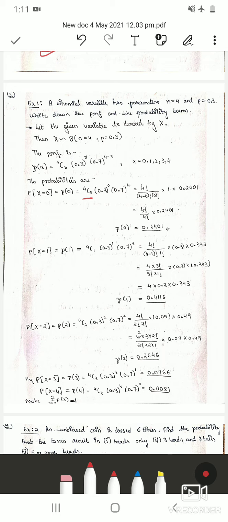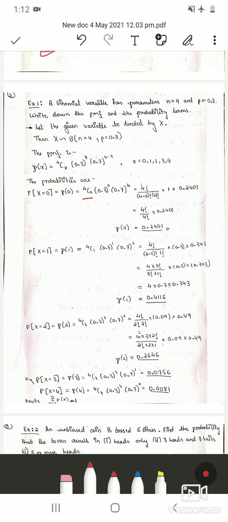What you have to do is, in your calculator, you have to multiply 0.7 4 times. So it will be 0.7 into 0.7 into 0.7 into 0.7. If it was 0.7 raised to 2, then you have to multiply 0.7 2 times. So this is how you calculate powers. For those who don't know how to calculate powers, remember if 0.7 or any term raised to 4 is given, then in your calculator you have to multiply that number of times. And always remember nC0 will be always 1. Here 4C0 is 1, 3C0 will be also 1.